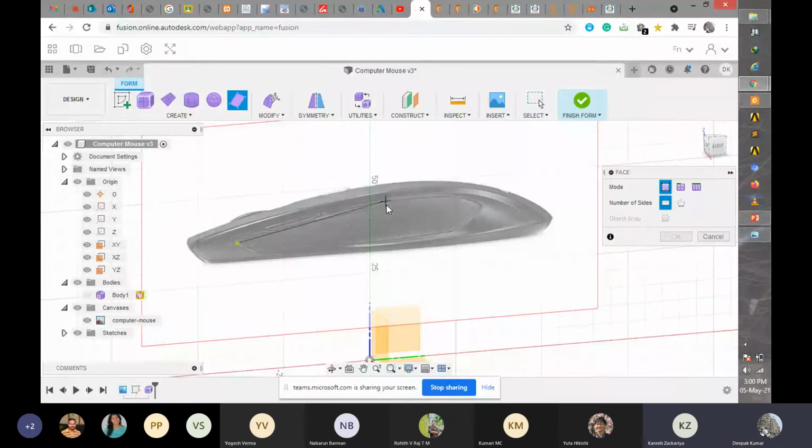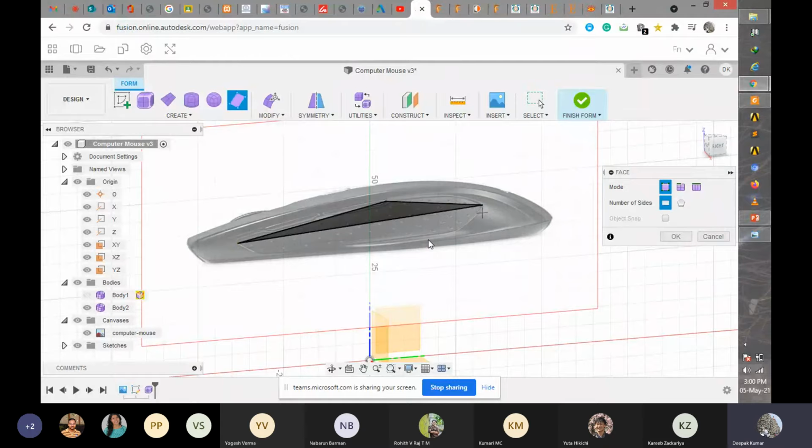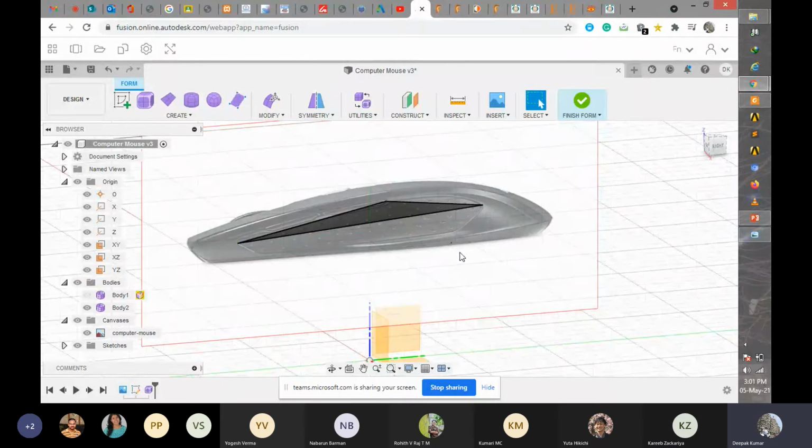Roughly a trapezoid, something of that kind. Click somewhere, wherever you want, one more corner. Imagine this is rough. Okay, so this is rough.